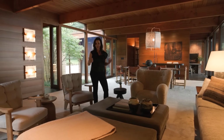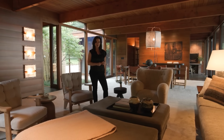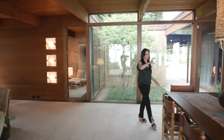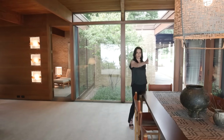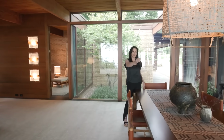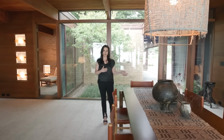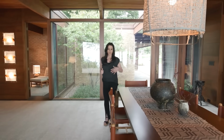So for me, I'm not afraid of using a really beautiful material in the house. This is an alpaca rug. It feels amazing on your feet, and we are barefoot a lot. So I've enjoyed that. Here, I'm really grounding the table under this pendant light. It's also on axis with the table that's outside. So there's a really strong connection that pulls your eye from indoor and outdoor, but it feels very inviting and